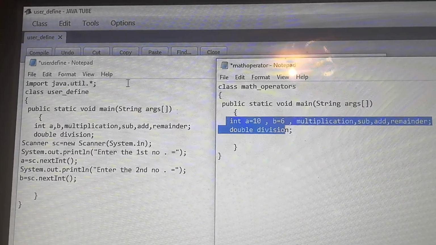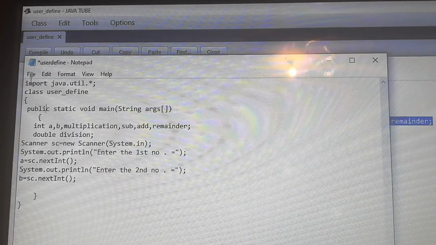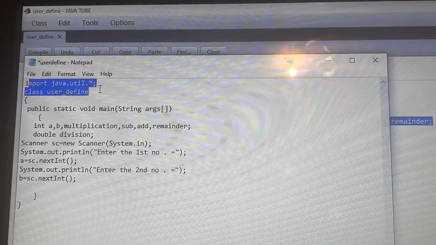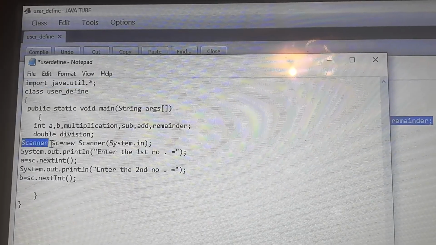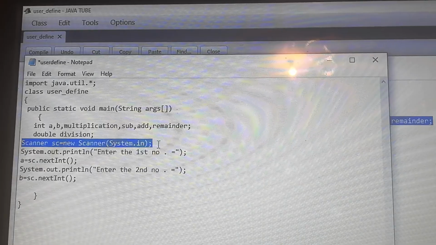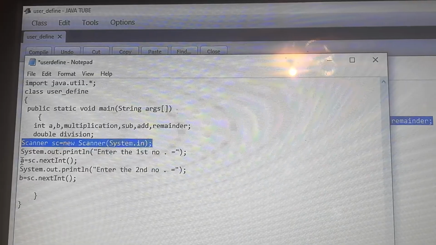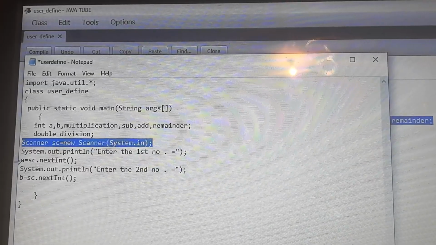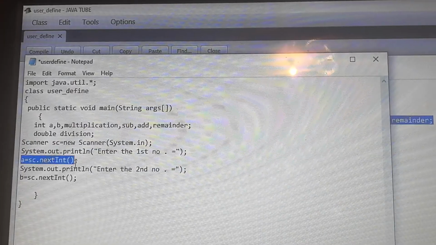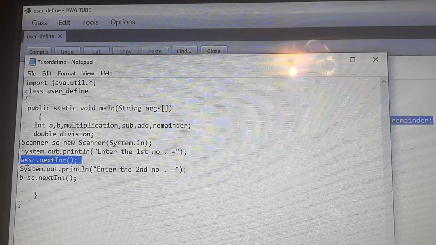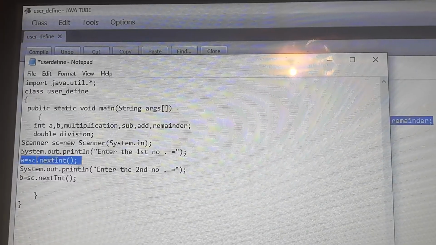Here you can see import java.util is used for the user defined manner. The scanner class has been used for inputting the values, substituting the values in the variable: Scanner sc = new Scanner(System.in), and a = sc.nextInt().